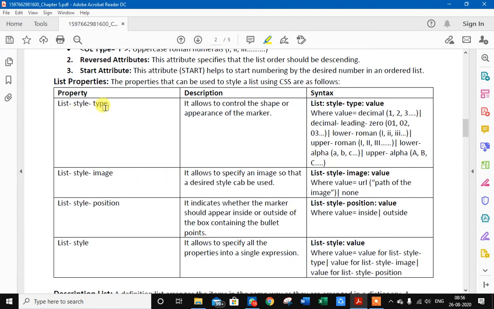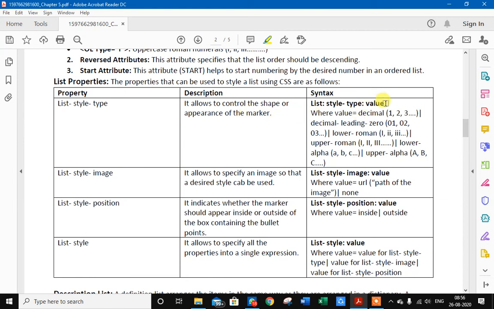So as you know that we use type attribute, we can use the type attribute in CSS also. So its property is list-style-type. It allows to control the shape or appearance of the marker.